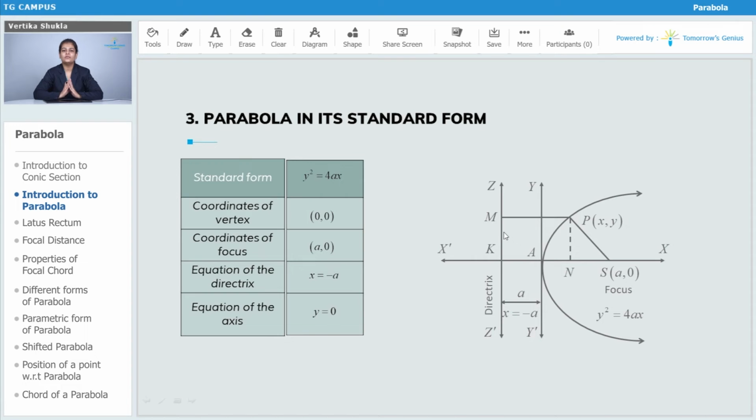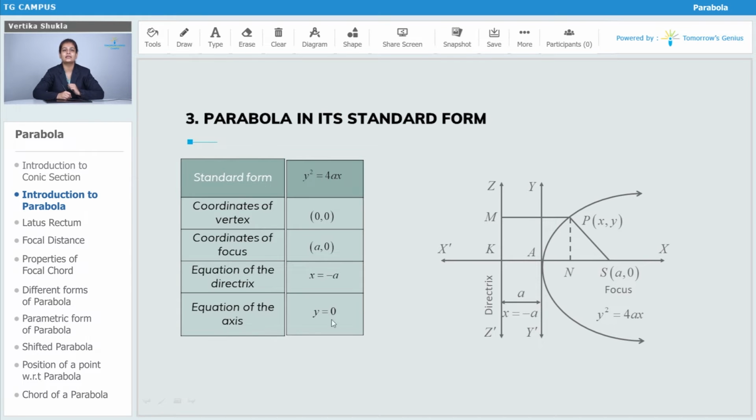Hello. So now that we have discussed the terminologies related to a parabola, let us see how we will find the equations or the coordinates related to those terminologies. The first thing that we discussed in a parabola was the vertex. What was a vertex? Vertex was the point of intersection of the axis of the parabola and the conic. Conic in this case is the parabola itself.